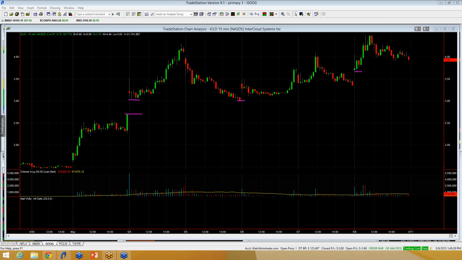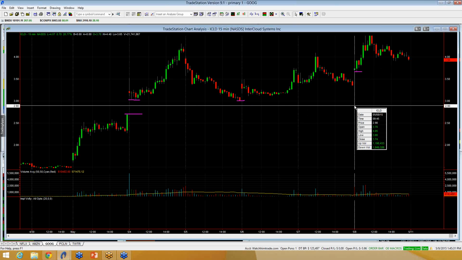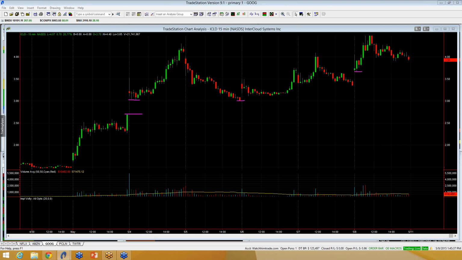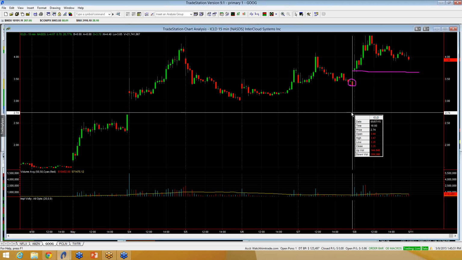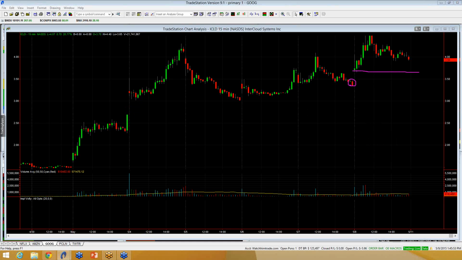You gapped up to $3.70. Held that gap and made a nice push higher. So watch 370 as key momentum support right here, right now. If you come below 370, then I'd look for a gap fill to Thursday's close, which was at $3.35. Below 335, you start to be in a bit more trouble to the downside,